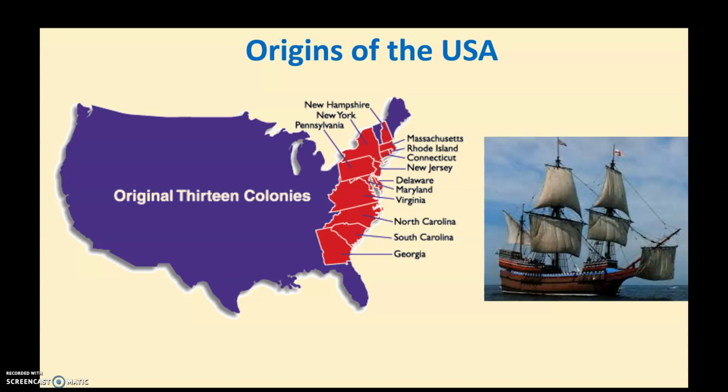Now, originally, going back to the 1700s or even 1600s, the British controlled much of what is now the United States, which were these original 13 colonies. They're on the right-hand side of the map, i.e. the eastern side, because that's nearest to Britain. Where that picture of the boat is, Britain's the other side of that boat.